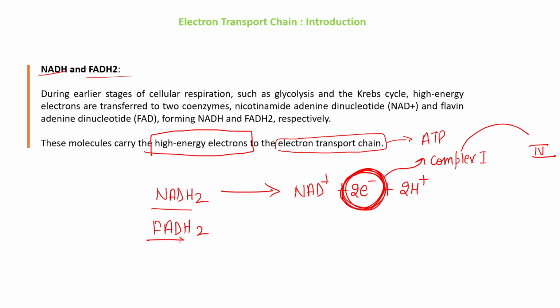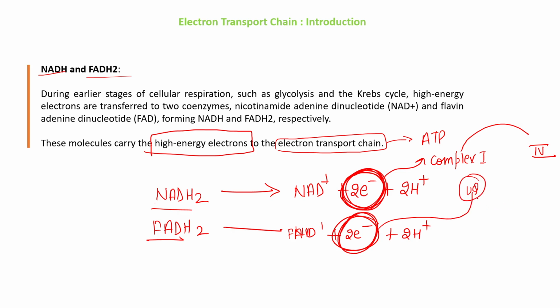Similarly, FADH2 is broken down into FAD plus 2 electrons plus 2 protons. Again these 2 electrons are given to the proteins lying in the complexes and transferred to complex 4. Okay, so we need to understand